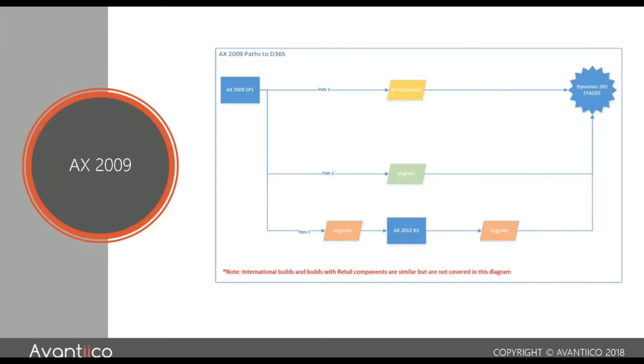Maybe if you have a custom entity or a custom table you want bringing, you can go ahead and do that. Option three, if you really, really wanted to keep everything, if you had a requirement, you were on 2009 or 4.0 for that matter, and you wanted your code and your data, it is possible, but you are looking at a double upgrade. You would have to upgrade from 2009 to 2012 R3, for example, run all of the upgrade, all of the data, all of the code, and then run R3 to 365. In my opinion, that would be a significant undertaking.